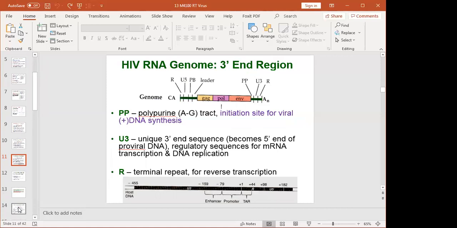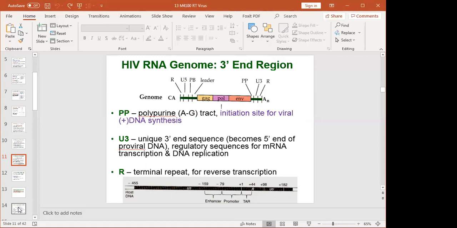So far we have talked about the 5' end of the genome that contains R, U5, PB or primer binding, and leader sequence. We also talked about the central gene segments, GAG, POL, ENV. Now we are talking about the 3' end region of the HIV RNA genome. The sequences in this region include PP, U3, and R. PP is a